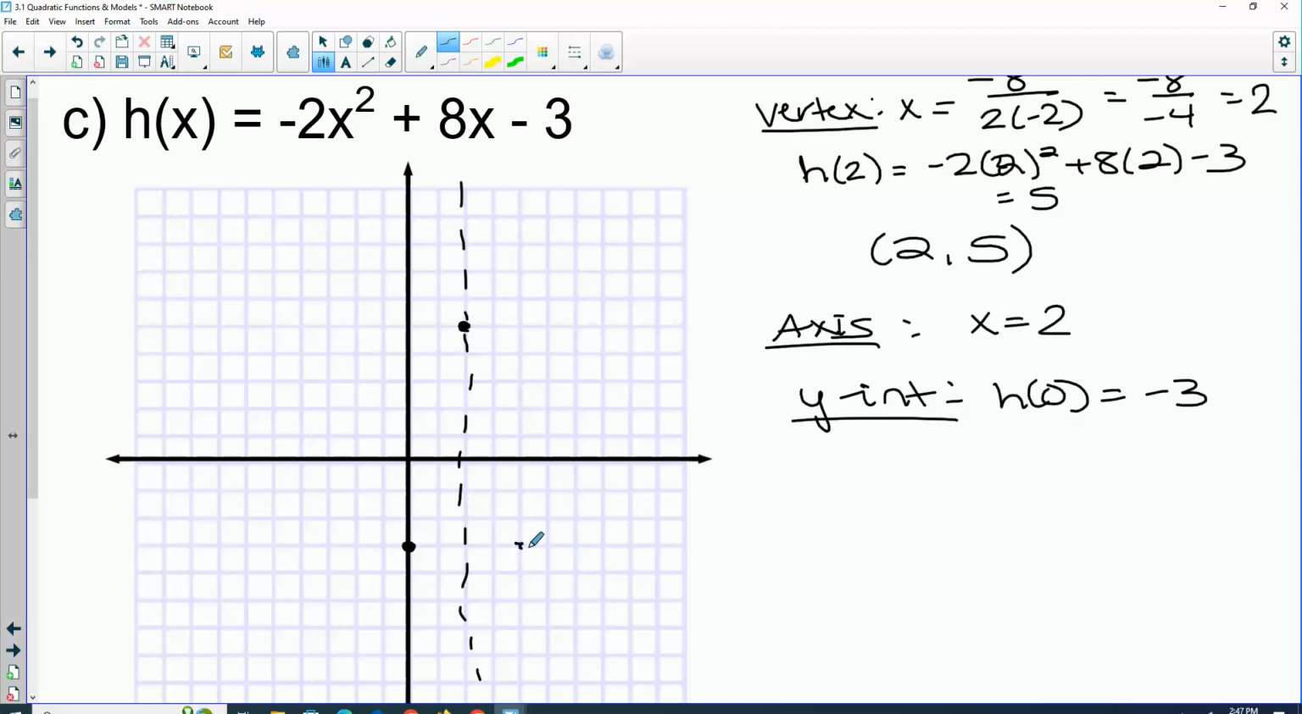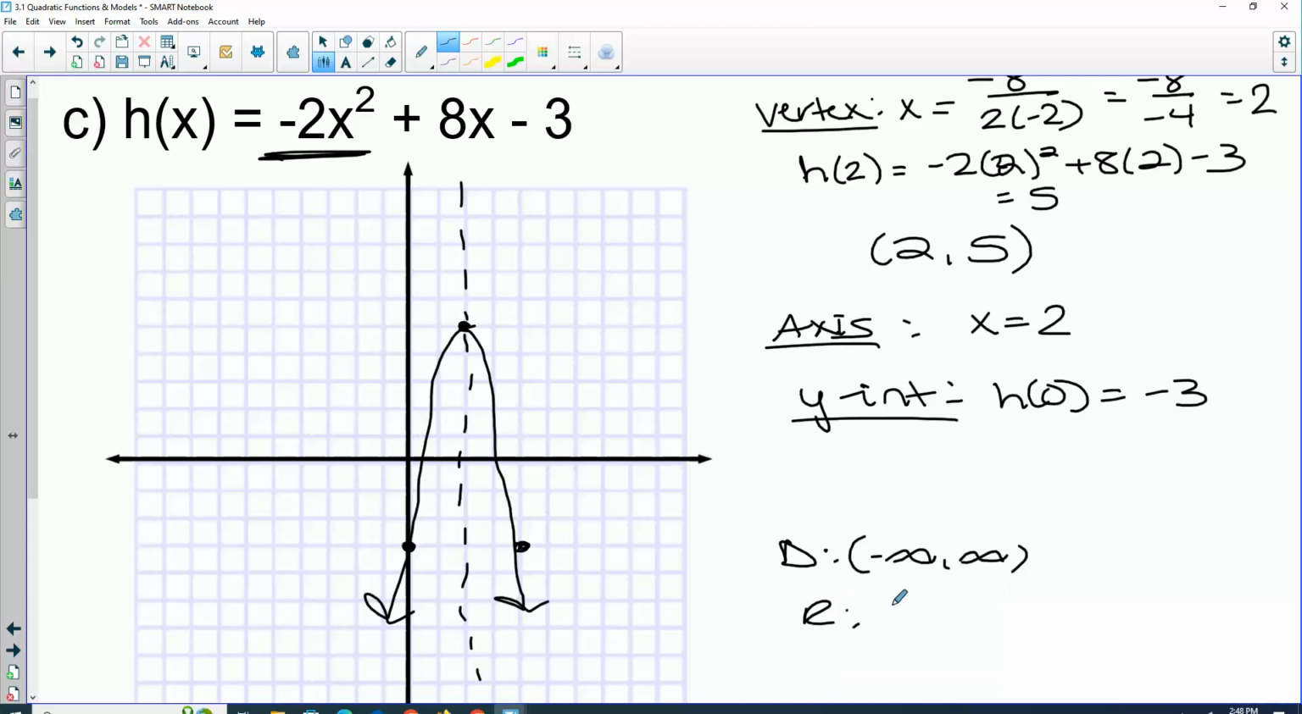It's negatives. So it's upside down because my square term was a negative. That flipped it. Reflect our y-intercept. It was 2 away from the axis of symmetry, so you go 2 the other direction. And we get our domain still positive infinity. The range this time is